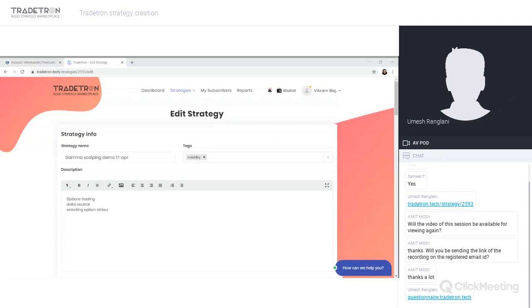Also, if you try to create your own strategies and find it difficult to build any condition, if you get stuck somewhere, you can anytime write to the support email with a screenshot of the conditions that you have built, and we can help you with a reply if any changes are required for your conditions to work as per your requirement.